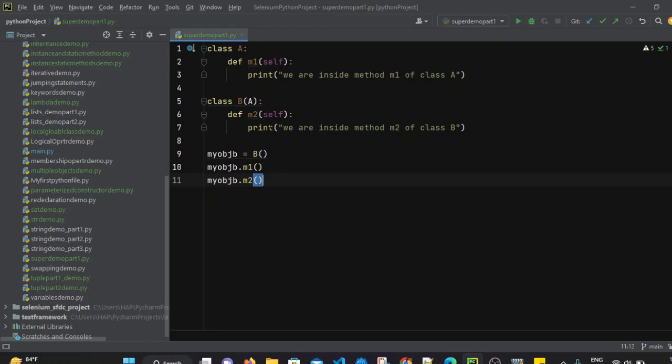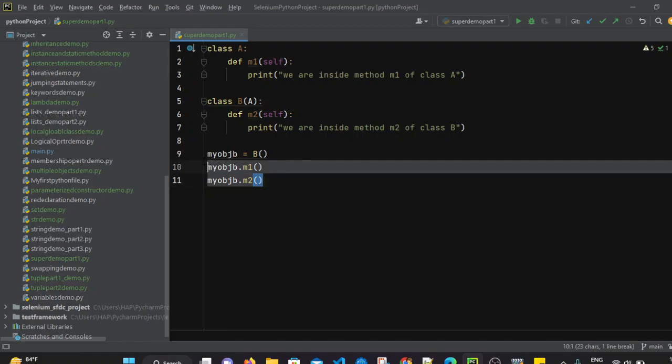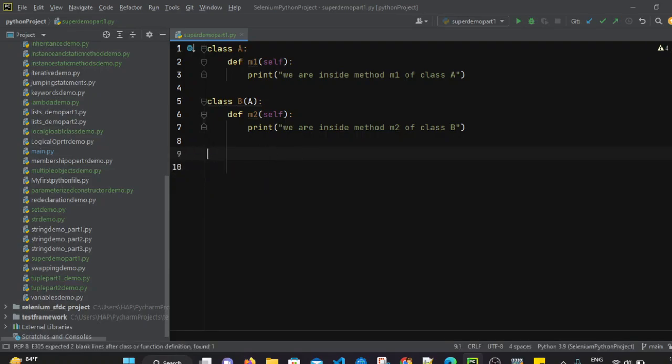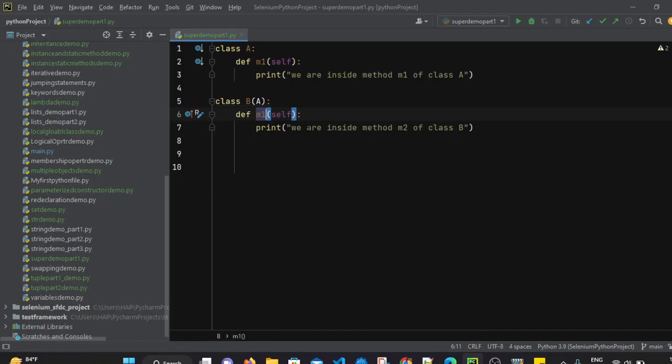So let's see the requirement. For example, I am removing this part as of now. In class A there is method m1, and in class B there is method m2. Now I will make the child method also have the same name as the parent method. So in class A there is a method m1, and in class B there is also a method m1.